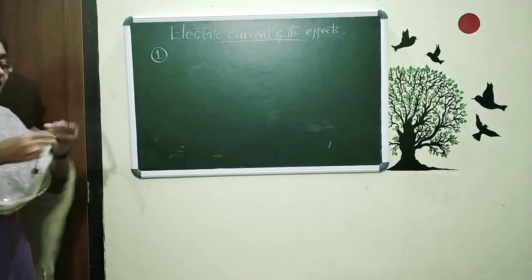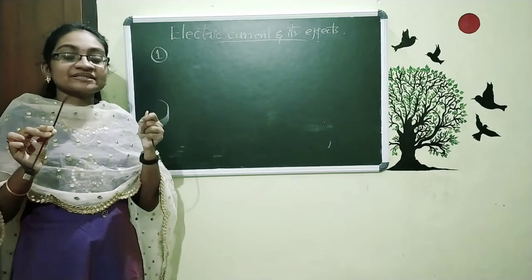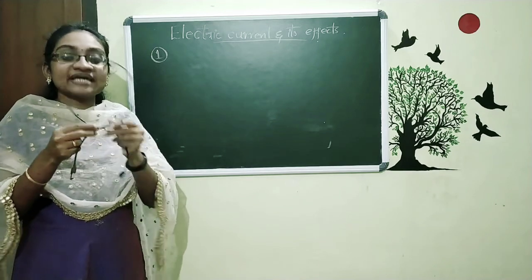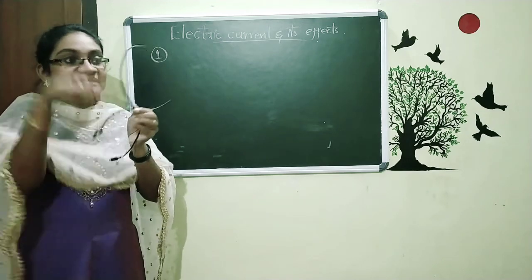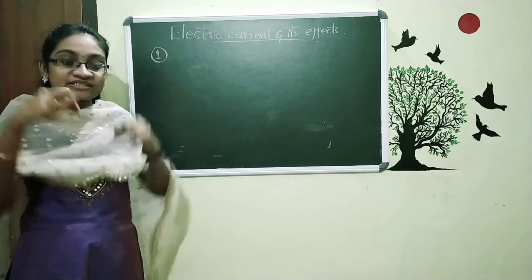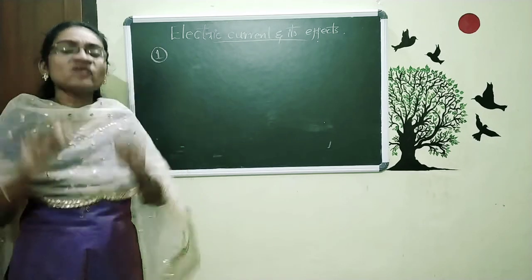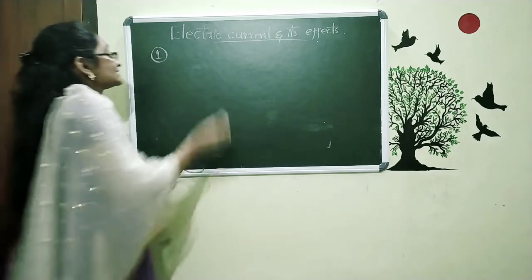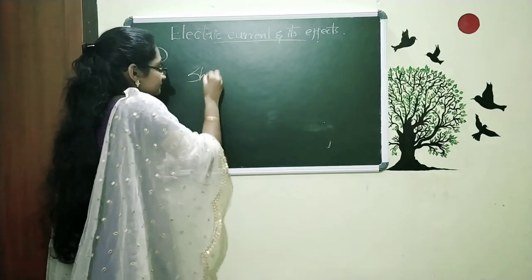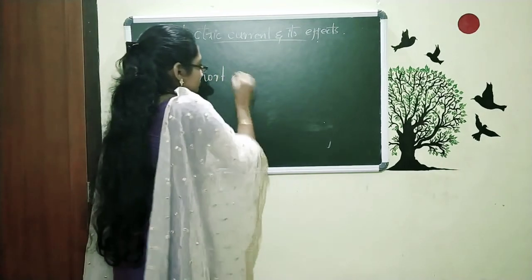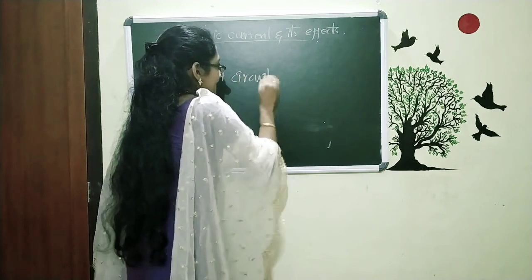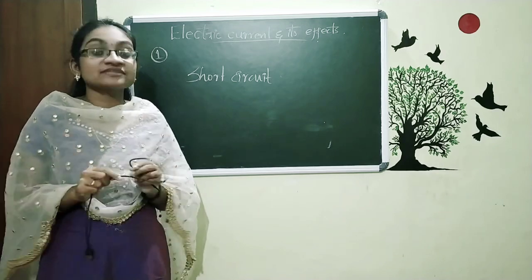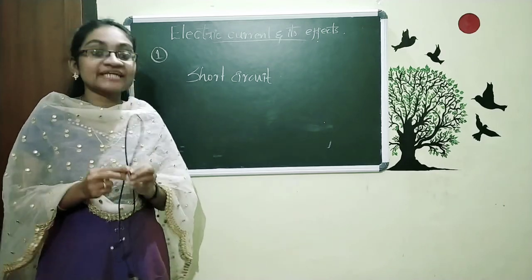If we have no such coating on this, what will happen is that when the wires get touched while they are in a circuit, that means when electricity is passing through them, when they get in contact or when they touch, what will happen? Then we will call it a short circuit. That means there will be a spark, or a fire will start, or it will get burned.